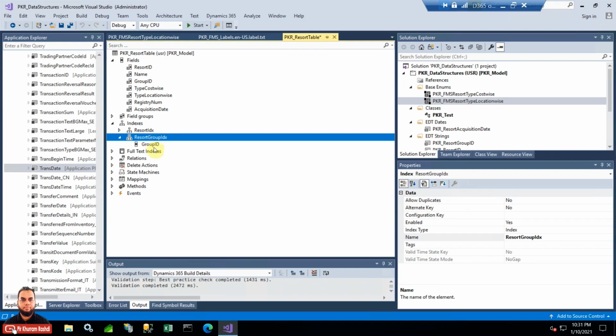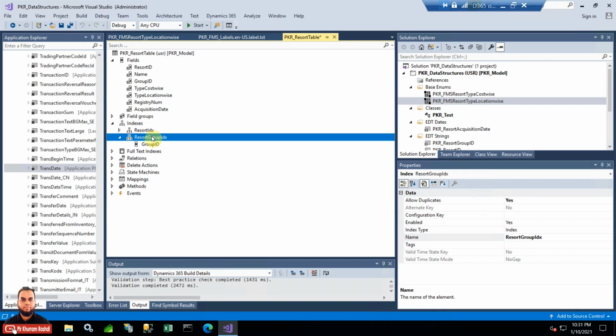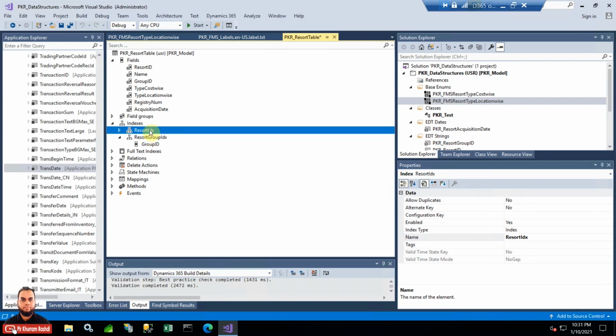And so the index must not be unique, so I will make it allow duplicates yes, and index type is okay. So once we are set with this, and here we have set it like allow duplicates no,